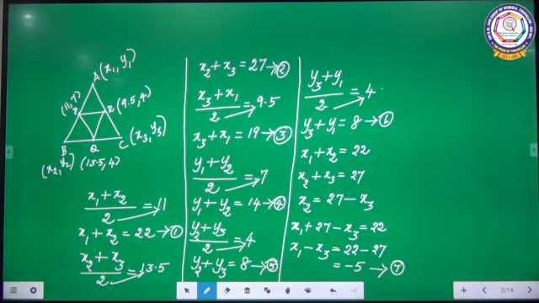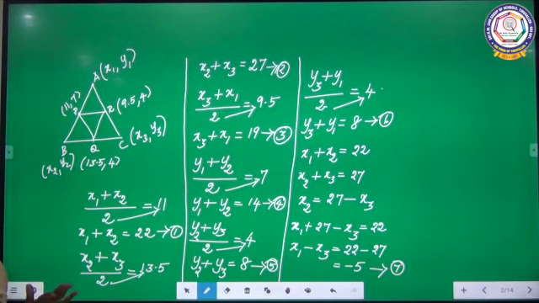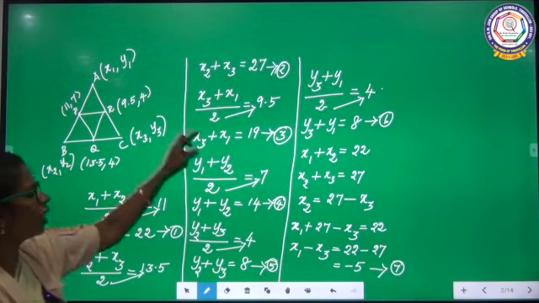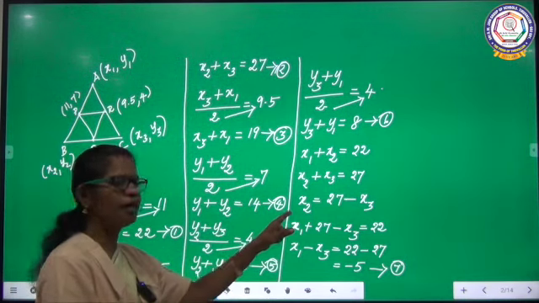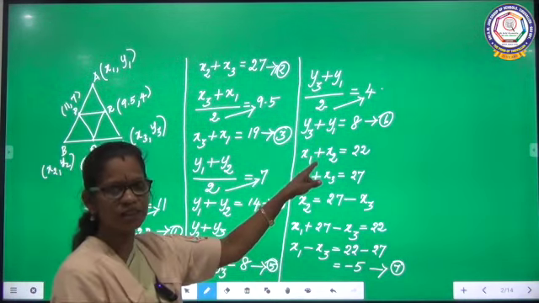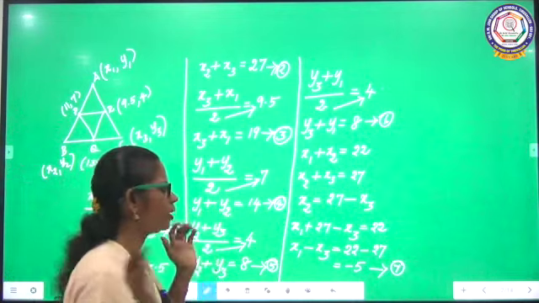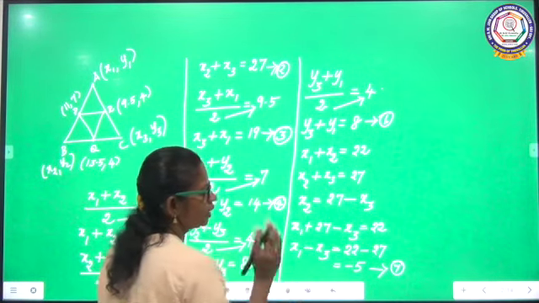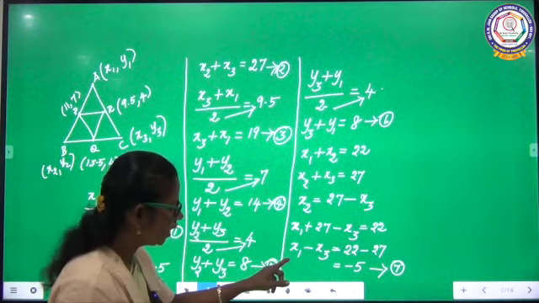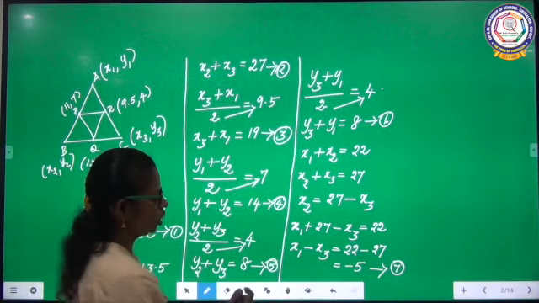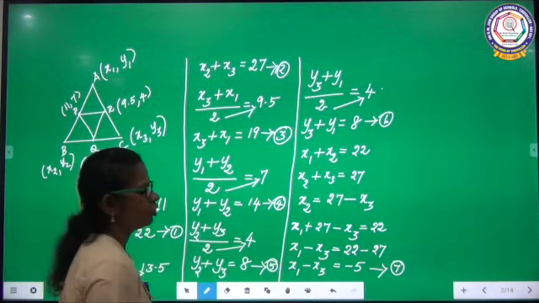You should make it as 7. Right? What I did here, again I repeat, you have to listen carefully. x1 plus x2 equal to 22. First equation I kept as such. The second equation alone I did the modification. x2 alone I kept here. Why? I am going to substitute in the first equation, where I had x2. That x2 I am going to replace for that purpose. x2 equal to 27 minus x3. Then I substituted in the first equation. Finally, I arrived at x1 minus x3 equal to minus 5.